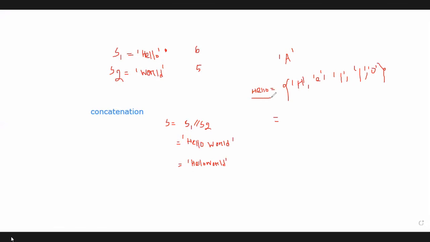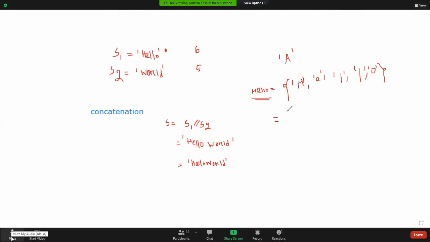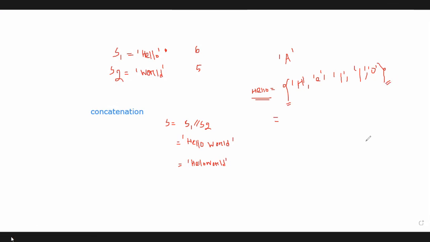So this hello is a collection of how many characters? 5 characters, right? This is a set of 5 individual characters: H, E, L, L, O. If we ignore this set symbol, the curly bracket, how can we represent all the characters together?